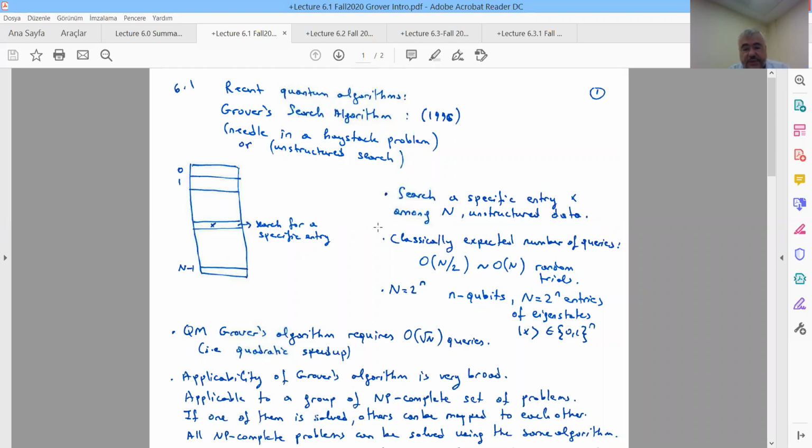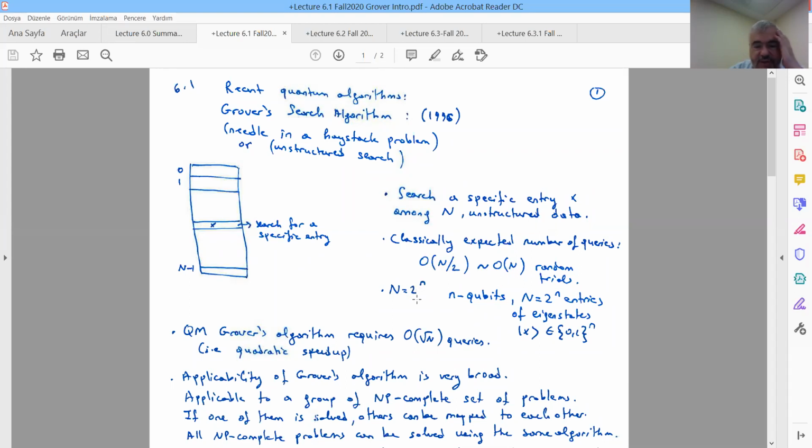So classically, the expected number of queries on this kind of database to find a specific entry is on the order of N over 2. If you have N entries, the expectation is that to find the entry we are searching for, you need order N over 2 queries. So in this notation it is order N. But capital N is actually 2 to the n,